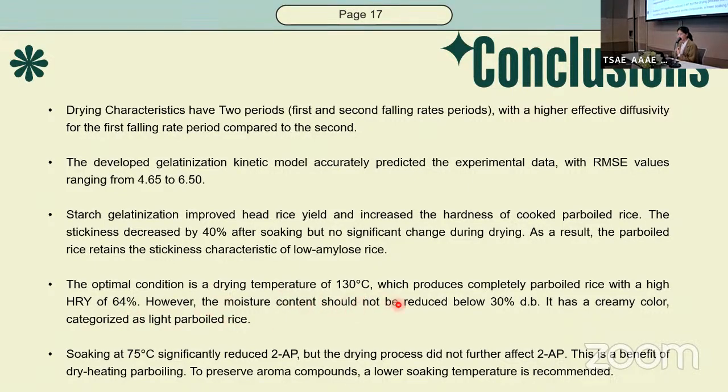However, the moisture content should not be reviewed below. The peak was there, and the color of this color is quickly color that one and the initial is so in at 75% maybe can review to the but the drying process is not other than fit to it is the value of grounding and to preserve our national however so